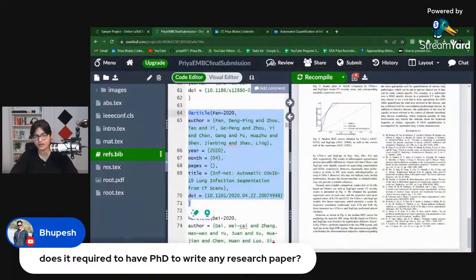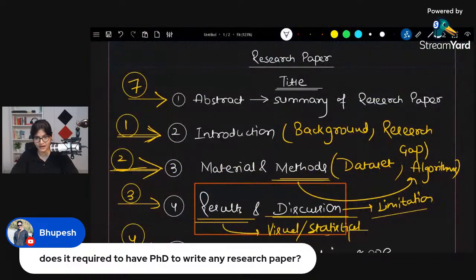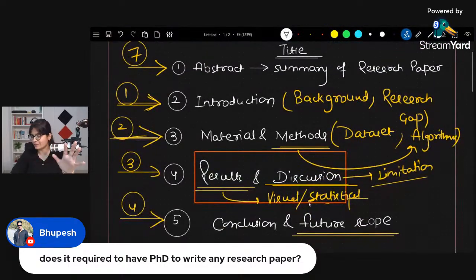Yeah, this is what I really wanted to talk about for the last 38 minutes. I'm the only one who is speaking. I hope that now you will be able to get a clear-cut idea of what the basic sections are, how the flow of writing should go, and what the major points are that we have to take care of in every section. And the tip is that the abstract should be written at the very end.